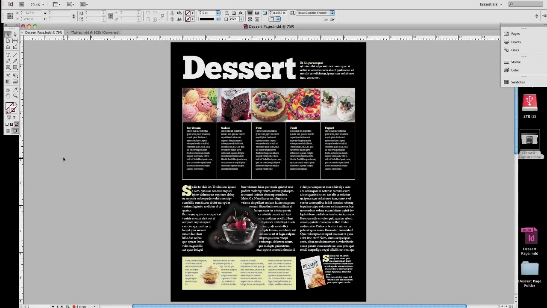Today we are going to learn how to create a table. And what is a table? A table is basically a text box. You create a table with the text tool, and the advantage of a table is that you're able to put a lot of information into one